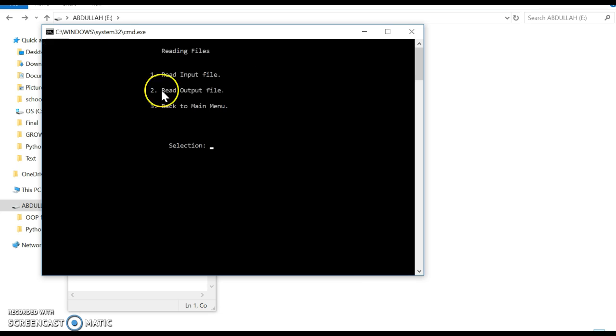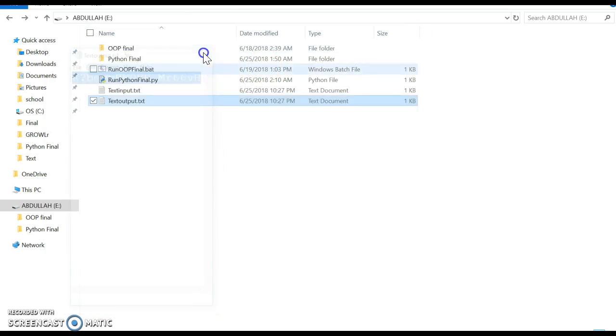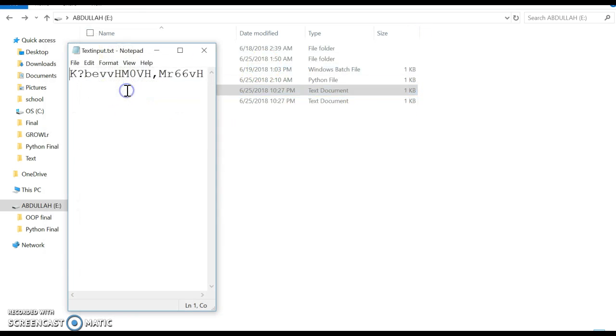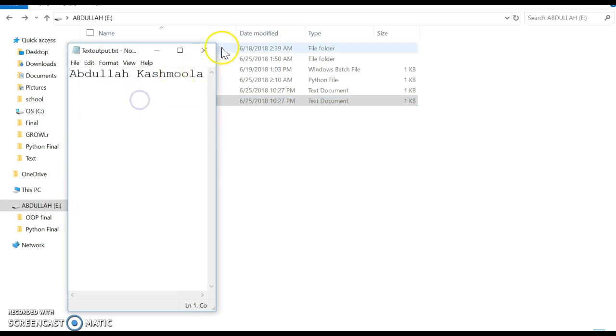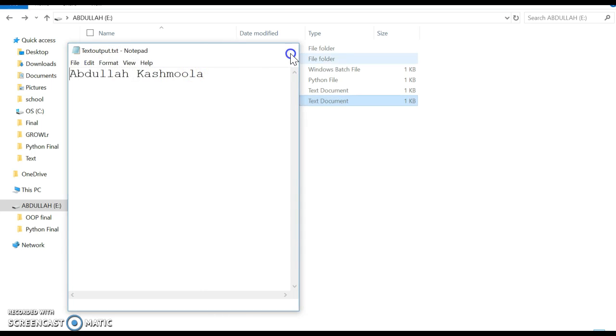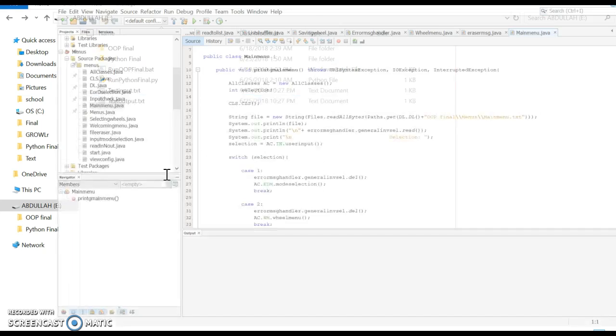This is in my output file, and unfortunately it didn't save, so this is my input. I don't think it's saved. Oh, it saved somehow. I don't know how, but it did. And that will be